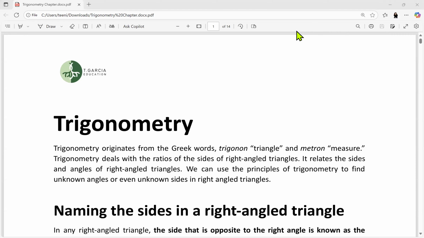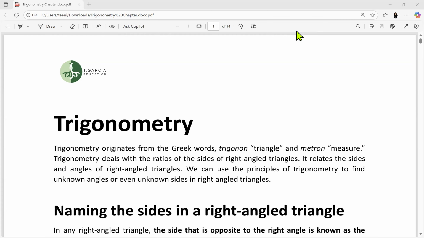I just thought it was interesting, right? So that's where the trigonometry comes from. The two Greek words trigonon, which means triangle, and metron, which means measure. So, as you may guess, trigonometry has to do with triangles, but in particular, they have to do with the